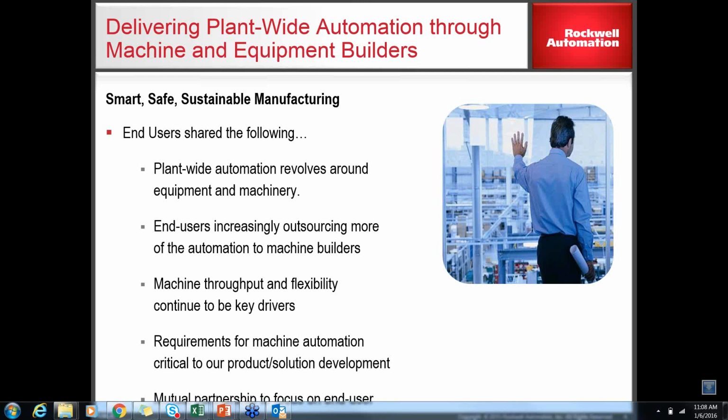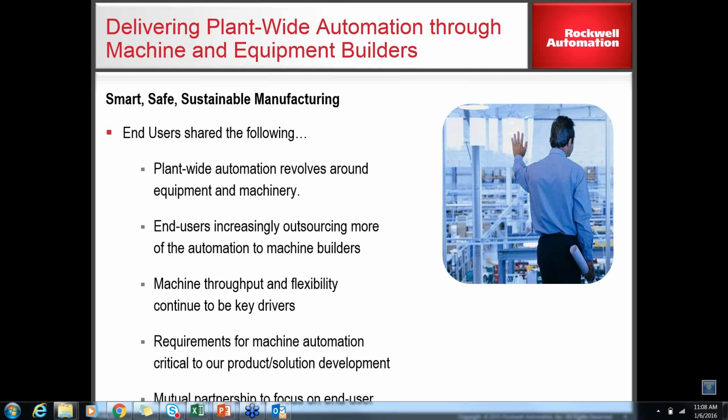So they want to focus more on their core production. They don't want to focus on machine building and the automation piece. They want to offload the complete machine part to the machine builder and the automation part to the technology supplier to take care of it. So machine throughput and flexibility are going to be the key drivers. We have been hearing throughput and flexibility as the key drivers. They are traditional drivers, and I think they are going to be there because the market demands them. There is flexibility, there is throughput performance which OEMs are taking care of.